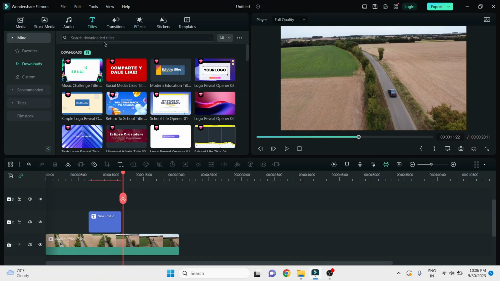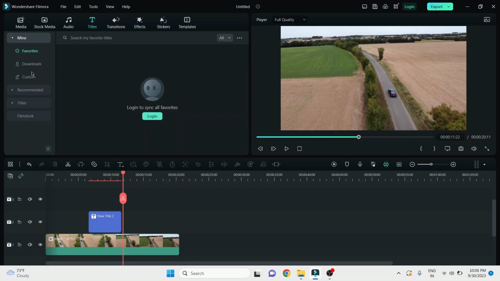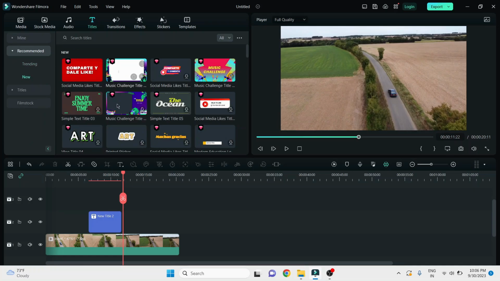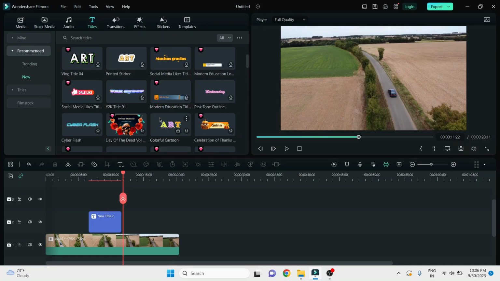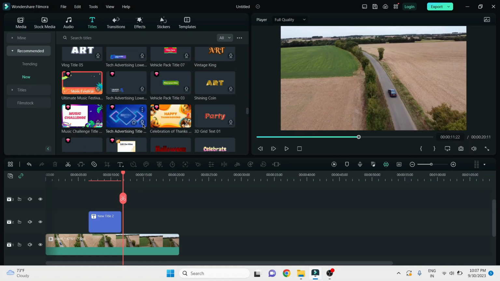So here you see guys, here many titles are there. Here you see here whichever the text you like. Guys, if you click on this star, all the favorites items will be displayed in this favorites section. Now here it is custom and here it is recommended. Many text are there guys, you can explore it. The only thing you need to do is you have to download it. You can double click here and your download will be started like this.